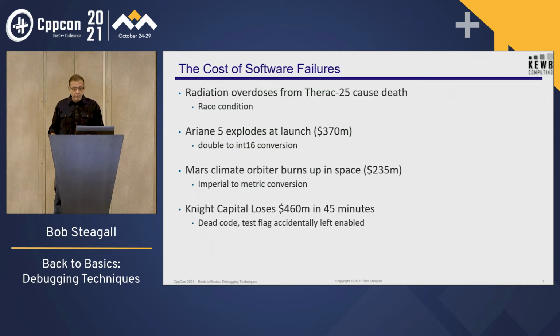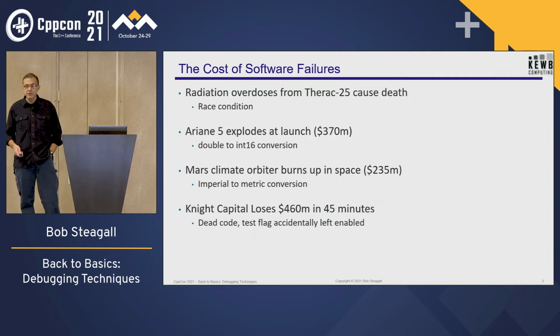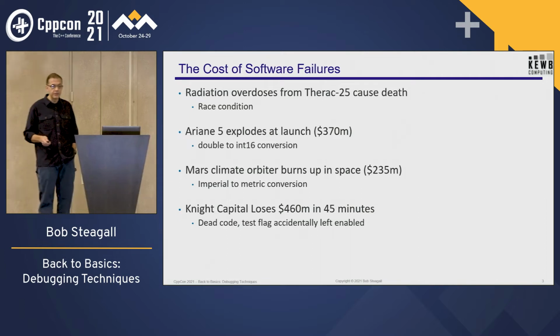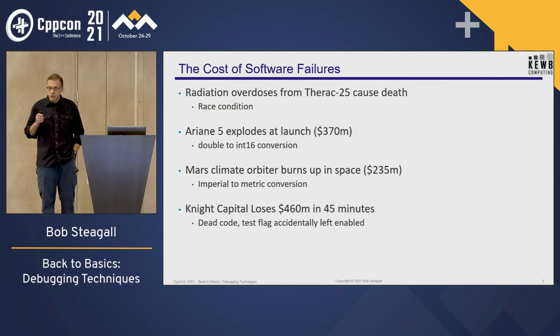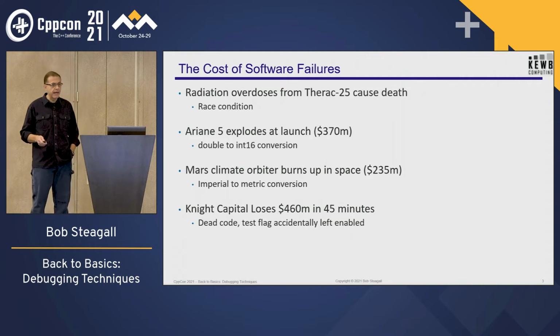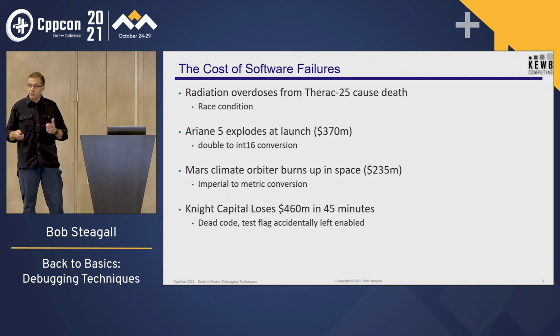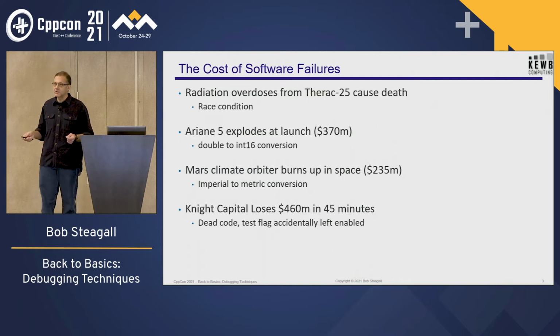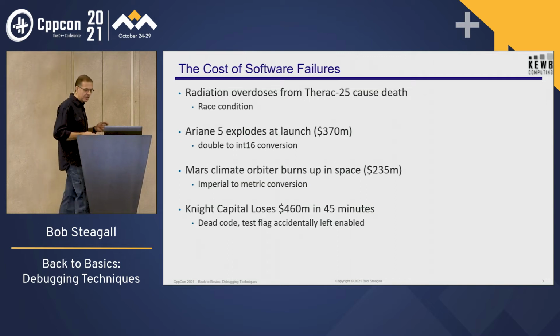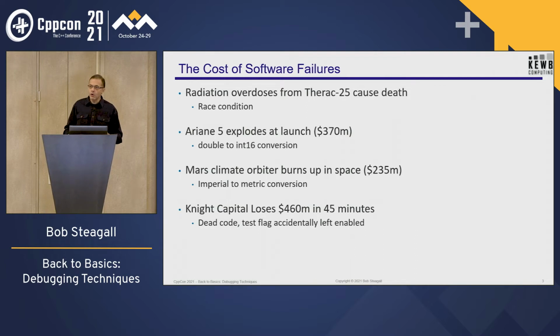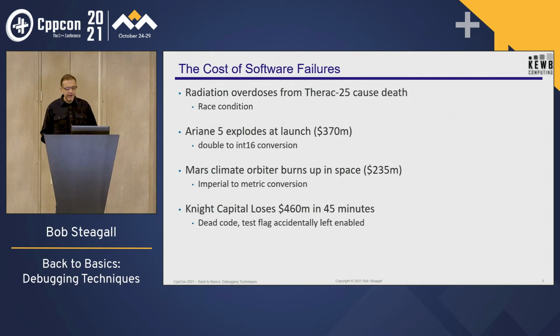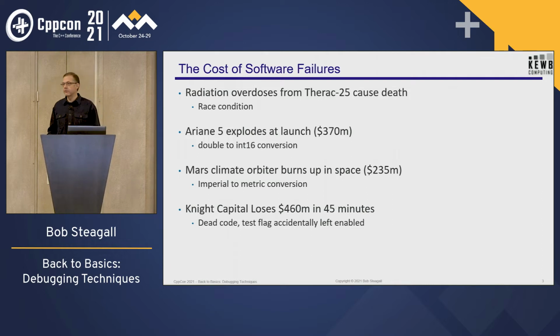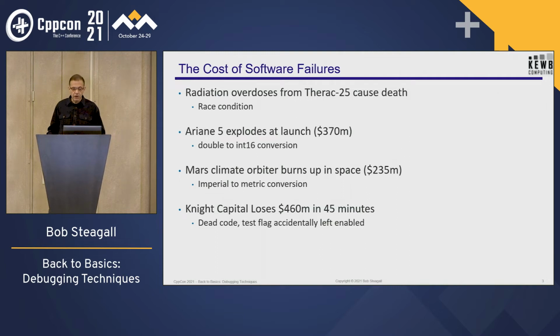In August 2012, more recently, Knight Capital, a Wall Street automated trading firm, lost $460 million in 45 minutes and went out of business. And this is because they allowed in production code, they had a production build that had a test flag which shouldn't have been there. And the purpose of that test flag was to automatically execute a set of test trades to validate the software. Well, guess what happened? When it was in production, it did what it was supposed to do, and it triggered 4 million order executions in 45 minutes, and it disrupted the prices of 154 stocks on the New York Stock Exchange and ended up driving them out of business. A lot of people lost a lot of money.